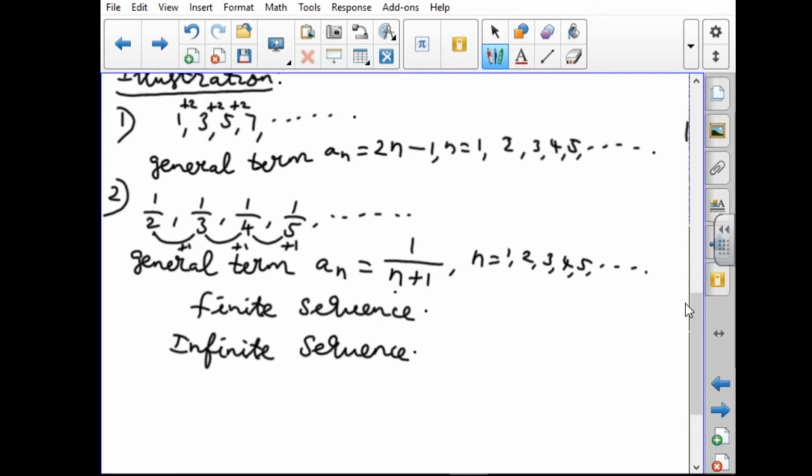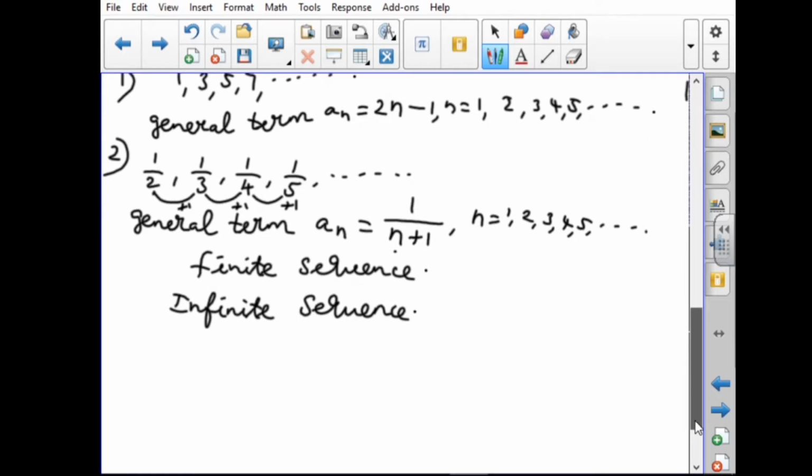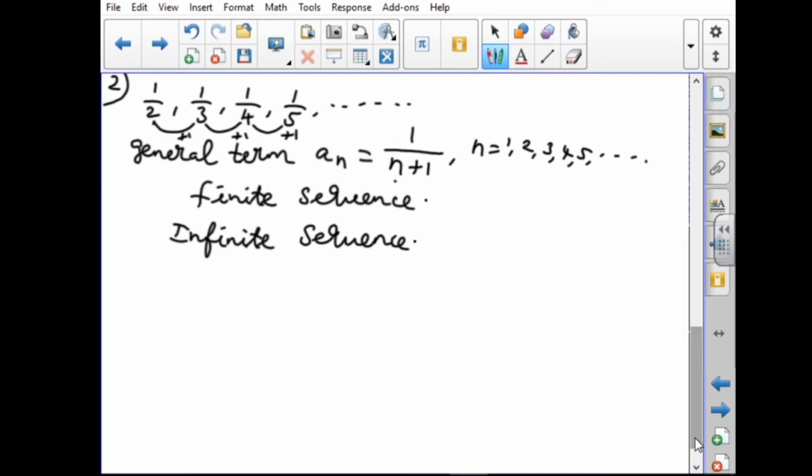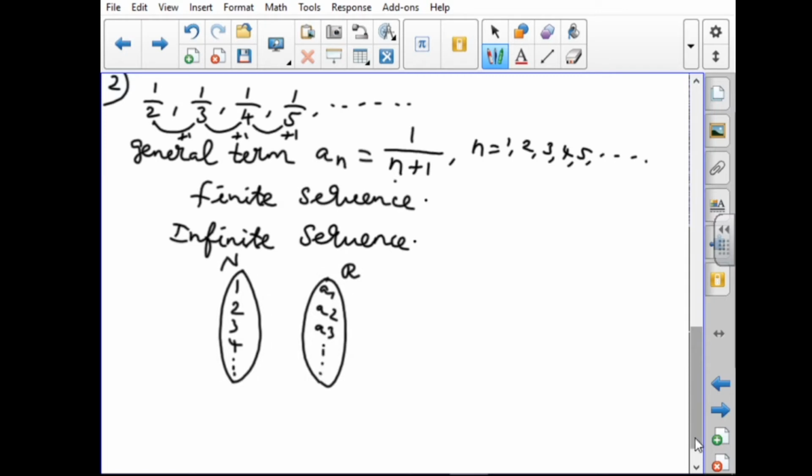Okay, next another one. We can write the sequence in the form of a function also. So, a sequence can be considered as a function also. Now, I have to take like this. The first set N, the second set the real numbers. Natural numbers means 1, 2, 3, 4 like this, etc. The natural numbers map to a1, a2, a3, etc. So 1 to a1, 2 to a2, 3 to a3, like this, we draw the mapping, the function. So, a sequence can be considered as defined on the set of natural numbers N.